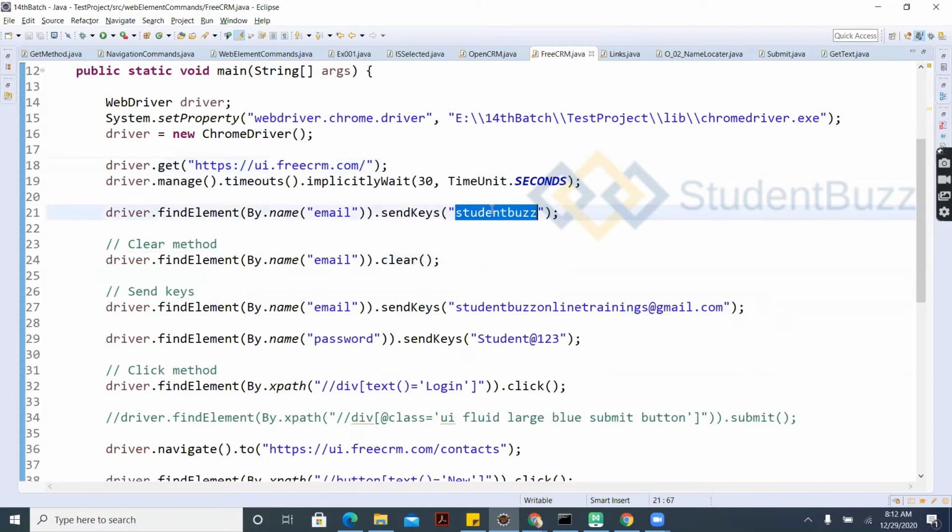The username I'm entering here with send keys. Send keys is used to enter this, and everyone has practiced it very well. And clear is going to work on this particular element, and whatever element you have here, if there is text in this particular text box, you can use clear to clear that.